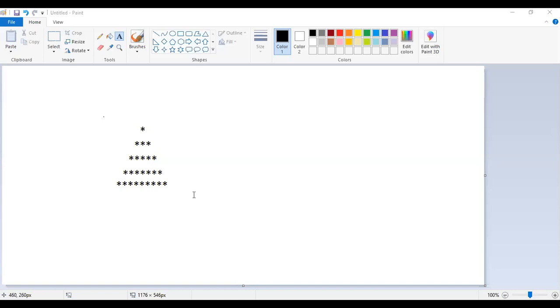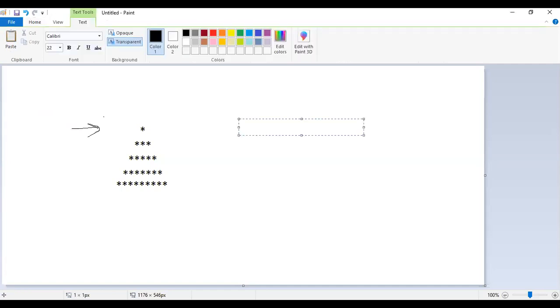First of all, just think in such a way that the first thing is to check how many rows there are. So how many rows are there? 5 rows.